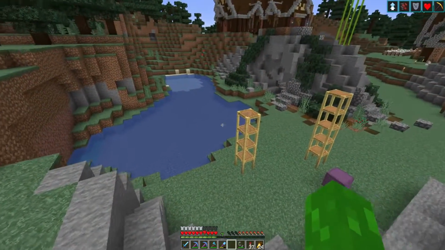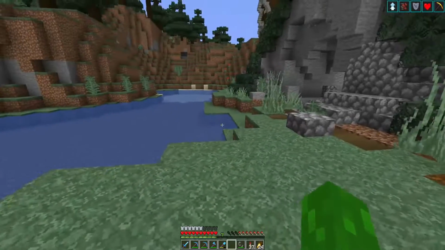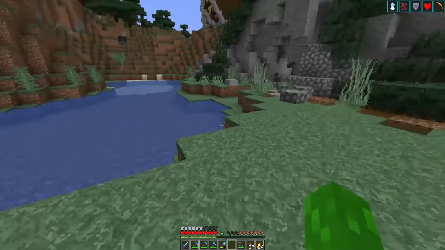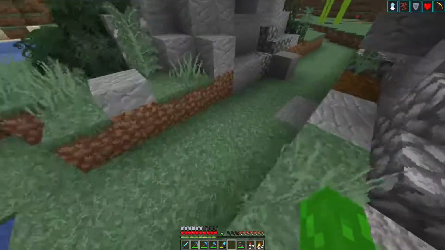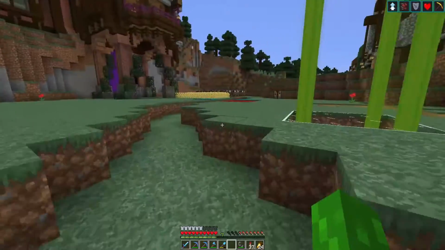So as you can see, I've gone for the bigger pond design. I think that would probably be better. I don't think a bridge coming right across in front of the archway would look that good. So I decided to go with that, and we've dug the river out. I'm probably going to go another block down though. And it goes all the way through here, and